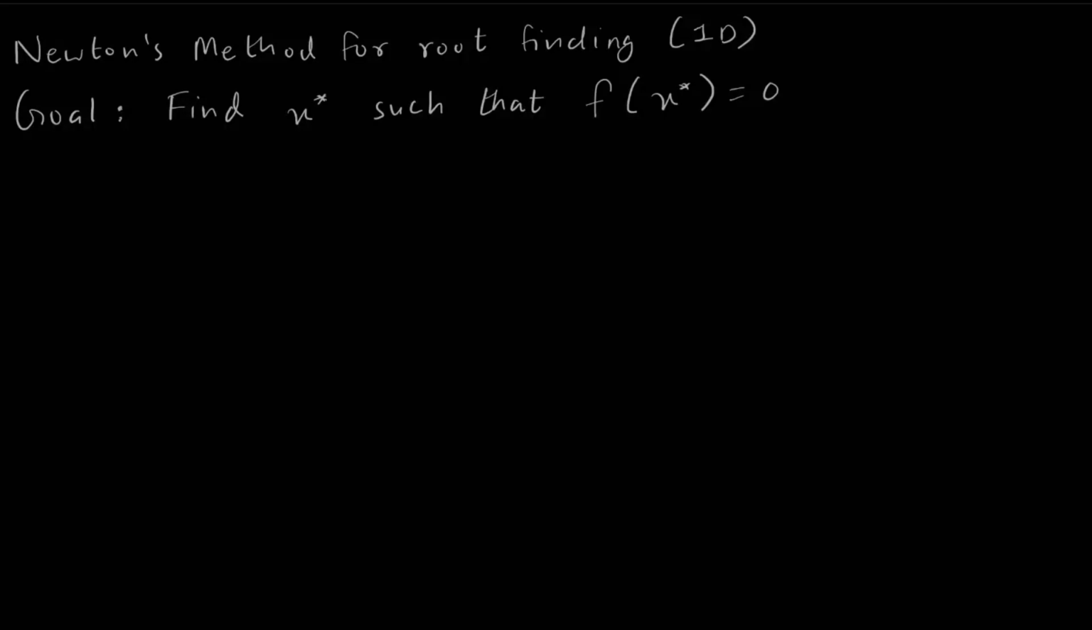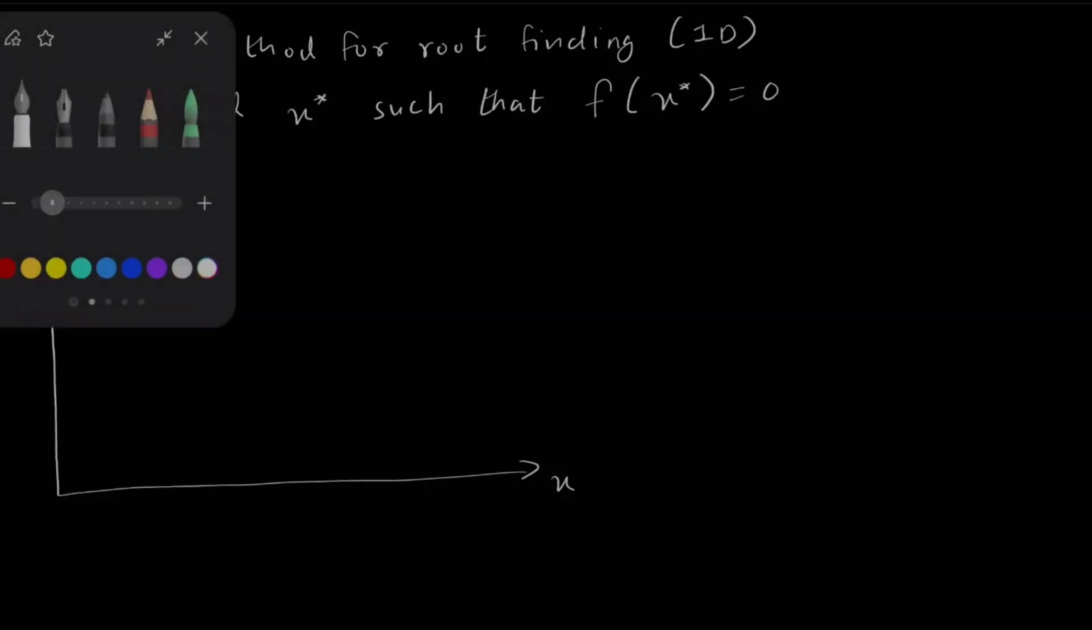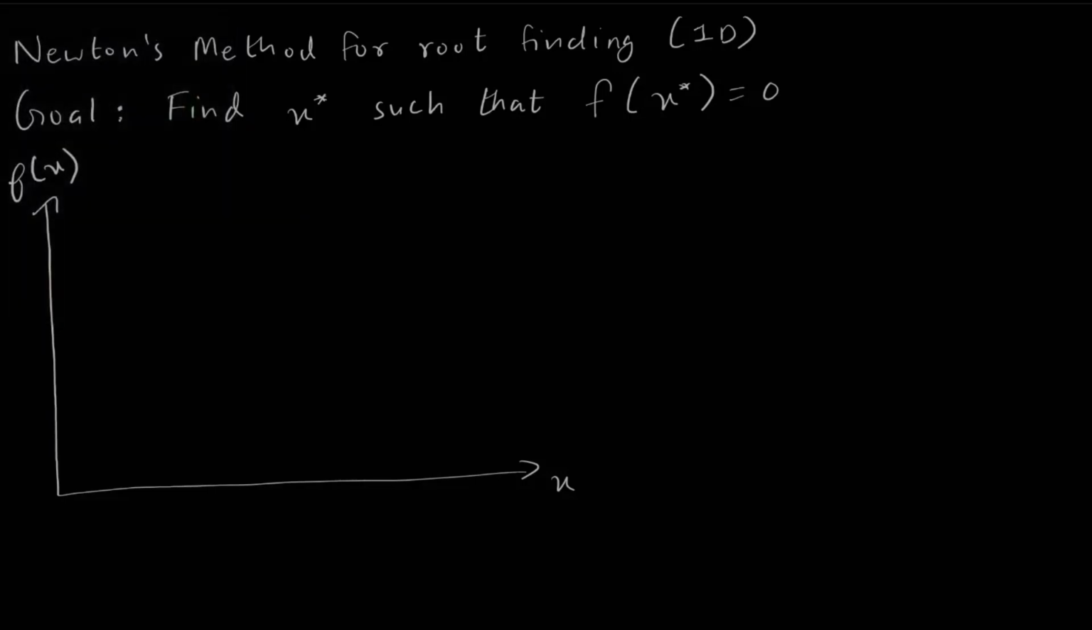So today we'll be studying Newton's method for root finding in one dimension. So let's begin. Let us consider this graph where on the x-axis you have x and on the y-axis you have f of x. And let's say the function looks something like this. Or maybe let's make it more complicated,